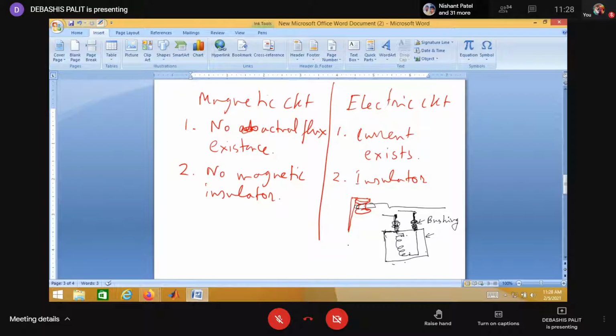Sir, can't we say that superconductors are magnetic insulators? No, because the superconductor will repel all of the magnetic flux through it. Superconductor is very much conductive. Very, very much. But I'm saying about magnetic flux. There wouldn't be any magnetic flux, so there wouldn't be any eddy currents. So that's why they're conducting. That's why they're called superconductors.